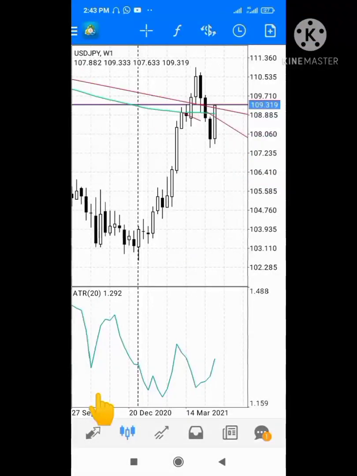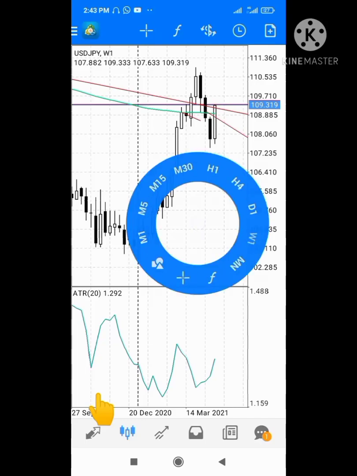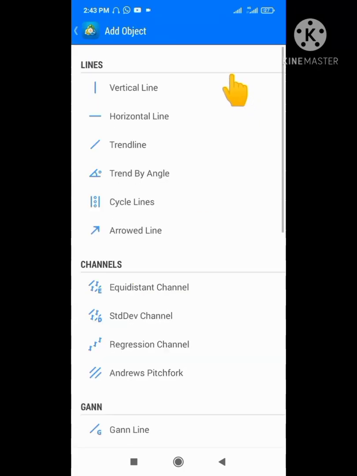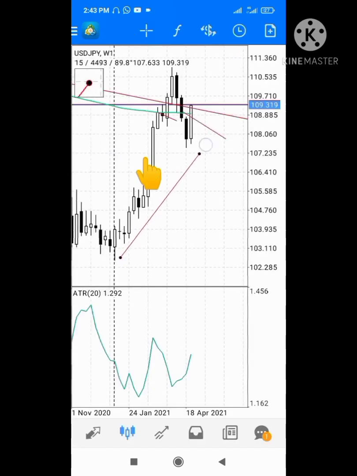If you place it on weekly time frame, let's say you connect this, you tap this place. Remember what I have shown you before. As you tap this place, then come back, do the same thing you did before. Once you do that, click on the trend line. So if you connect here to here,